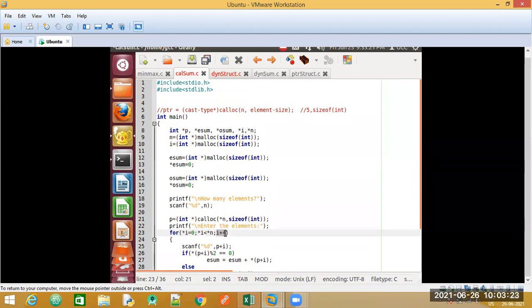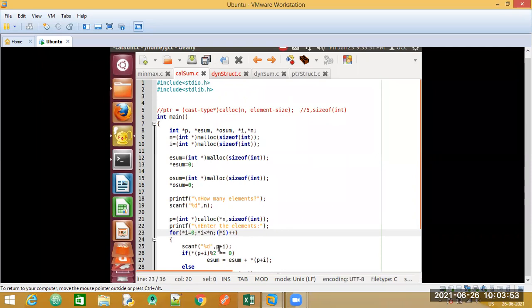Coming to this part of iteration, I++ would be a static variable. To make use of a pointer variable, we need to precede it with star. But if I just write asterisk I++, that is not going to work. For that, you remember the precedence of operators, and we need to make use of the brackets. So here we need to make use of brackets.